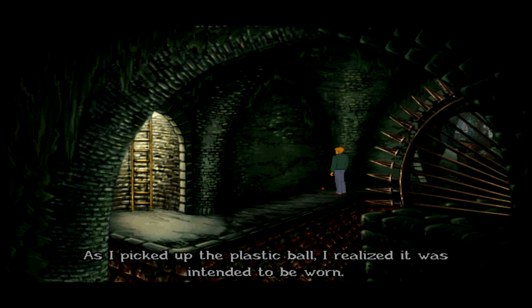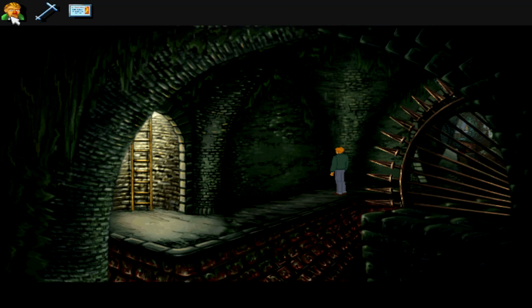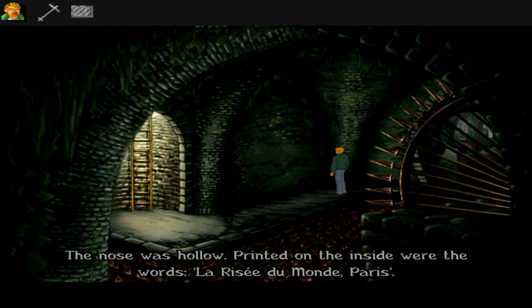Plastic ball, I realized it was intended to be worn. It's a nose. It was the clown's red nose. Ooh. Yeah, I love how the picture is George with the clown on the clown nose. The nose was hollow. Printed on the inside were the words